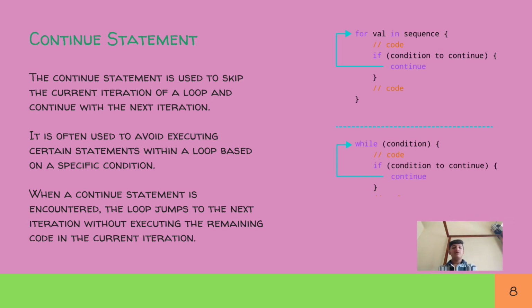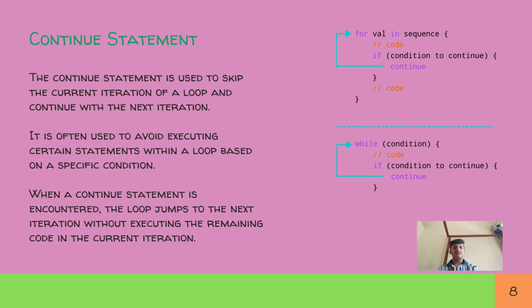Continue statement. The continue statement is used to skip the current iteration of a loop and continue with the next iteration. It is often used to avoid executing certain statements within a loop based on a specific condition. When a continue statement is encountered, the loop jumps to the next iteration without executing the remaining code in the